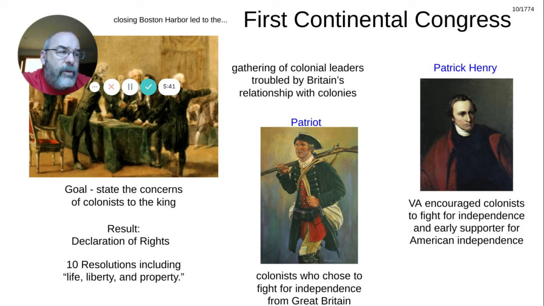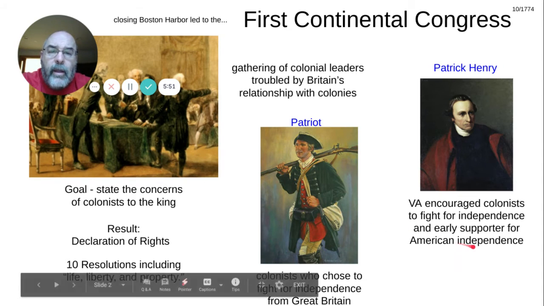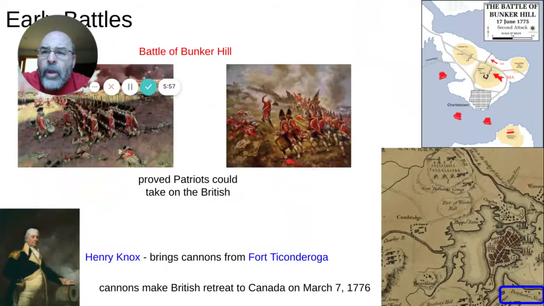They believe that they don't need to be ruled by the king anymore. They want to set up their own government. And so the colonists will call them patriots, who decide to side with Patrick Henry and actually get into the fighting. Now we decide